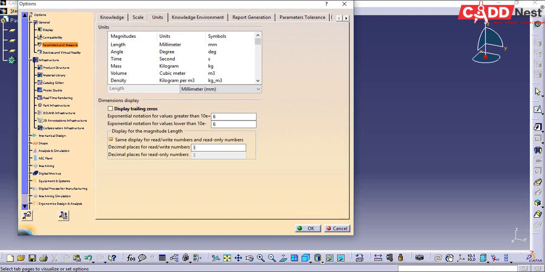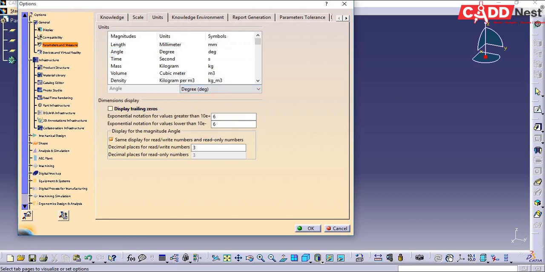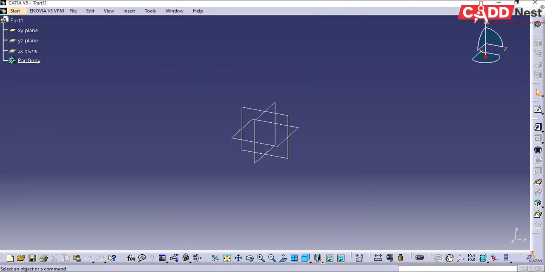And also for angles, the same way we have degrees, gradient, radian, turn, milliradian, inch per foot, percent, etc. So the default will be taken as degree itself. The length should be in millimeters and the angle should be in degrees. So this is about unit setup. These are all the basic settings that need to be done before